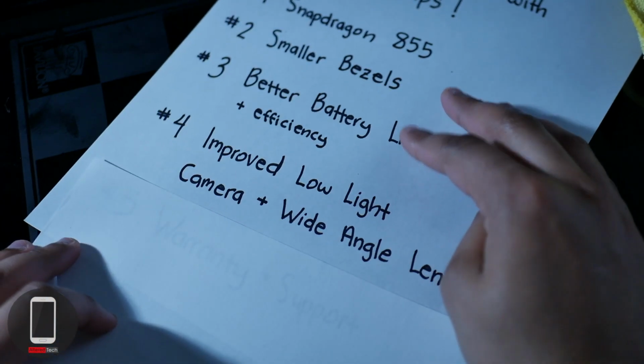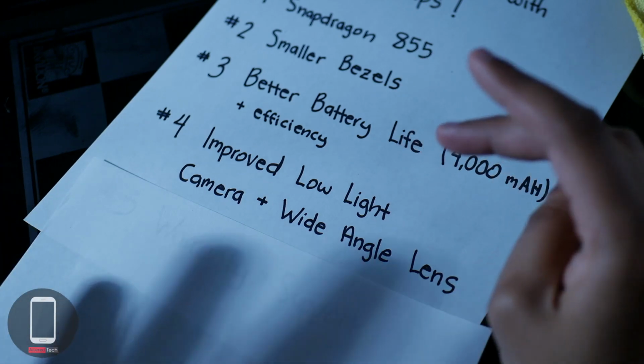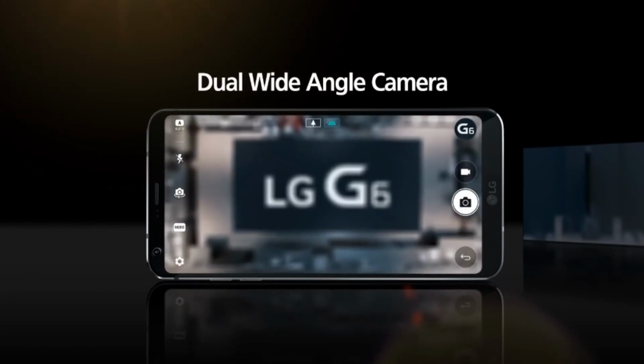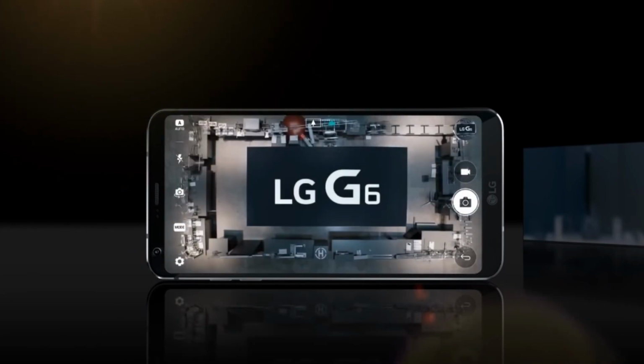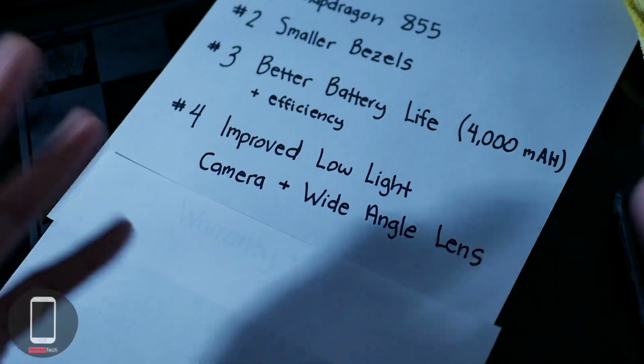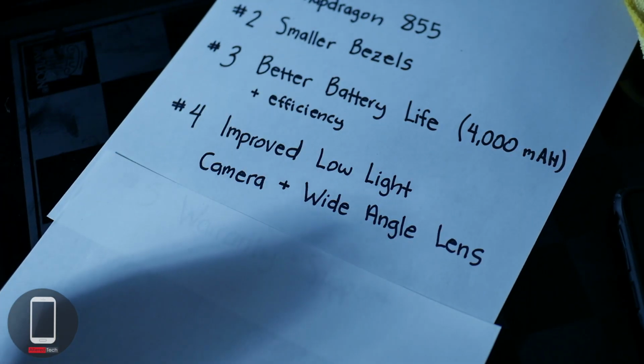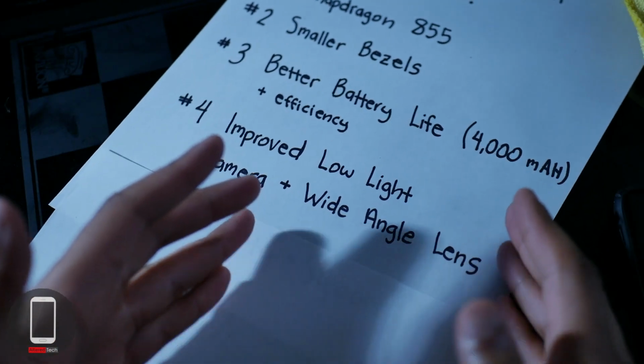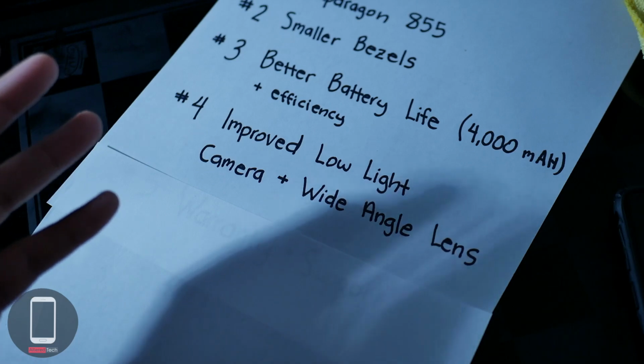For change number 4, I would improve the low light performance on the camera, and I would add a wide angle lens, which is found on the Galaxy S10 and the LG G6. As a photographer or someone who loves smartphone photography, I do appreciate the wide angle. Some people might be like, hey, it's just a gimmick. You don't need extra camera lenses. I don't really use the wide angle or telephoto. I'm just a big fan of the wide angle lens, and for the low light performance of the Nexus 6P,